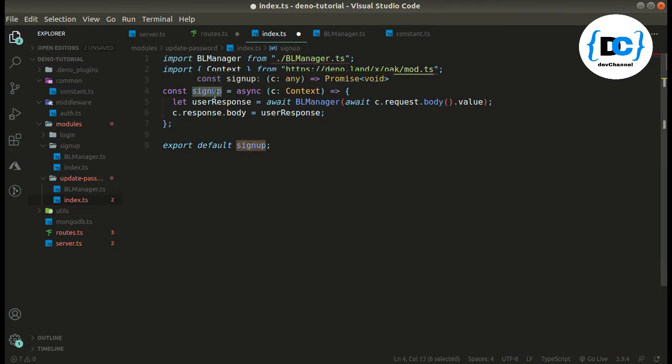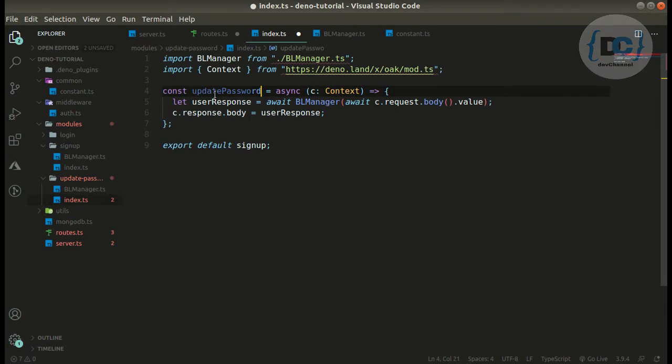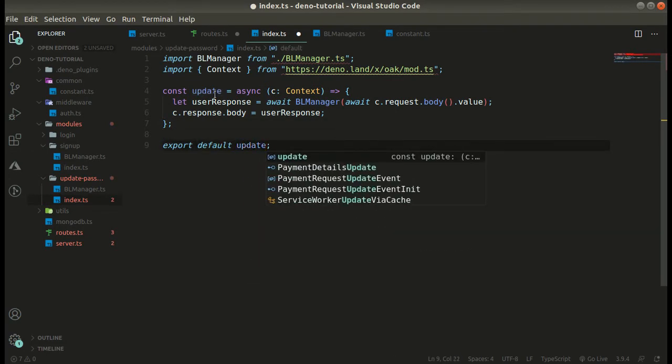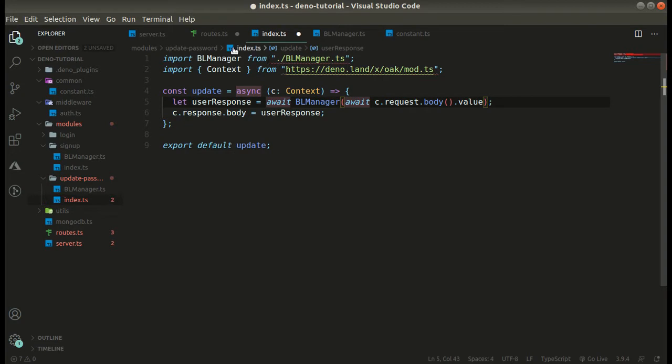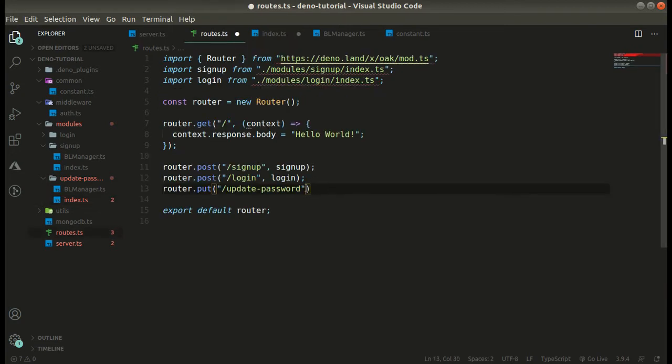So over here we have update password, or let's keep it just update. And over here, update. Okay, cool. And now over here let's import it.